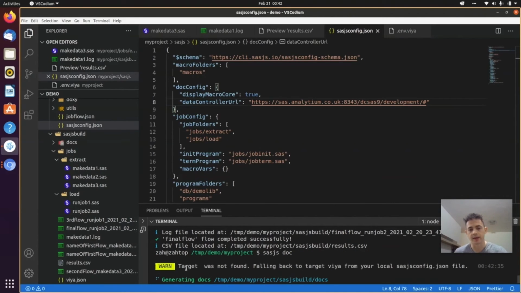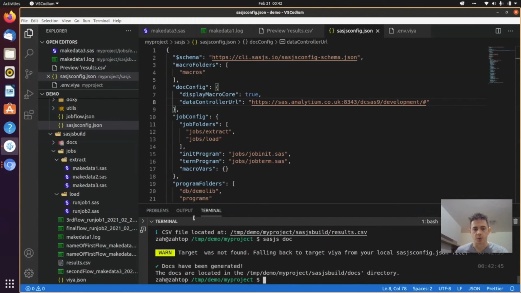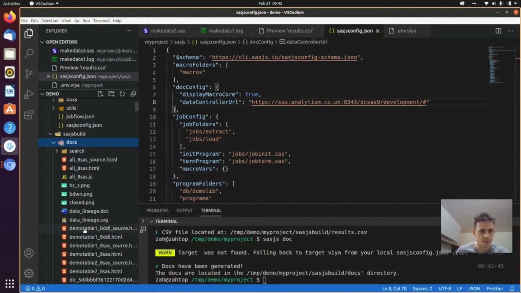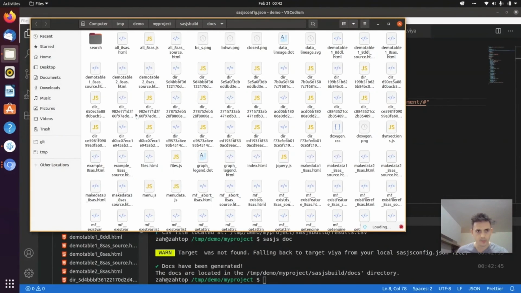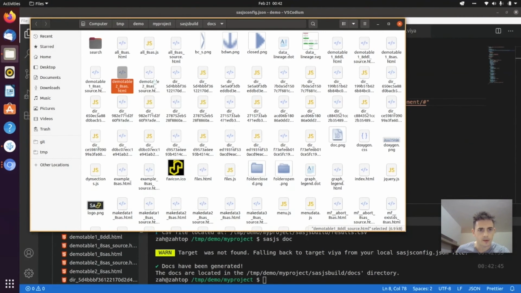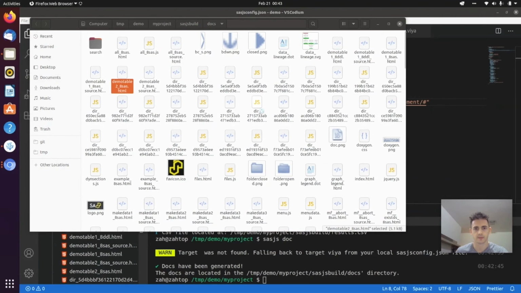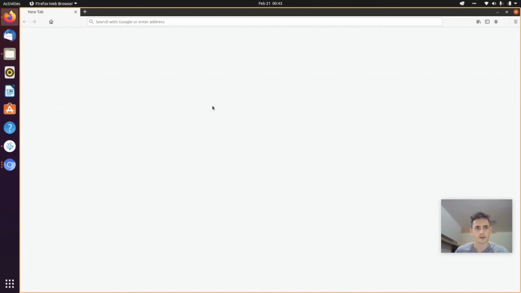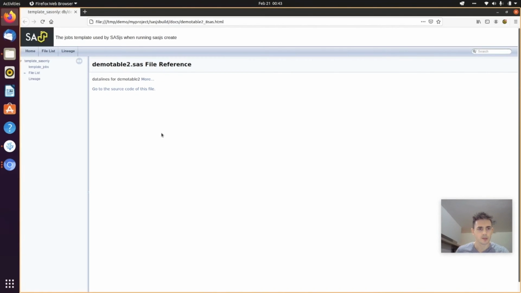There's a warning because I didn't specify my target, so it defaulted to the first target, which was Via. And that is now generating all of the documents in the docs folder in SAS.js build. So if I open this in a folder, so yeah, here's the documentation. That was for a file. So if I open a job,